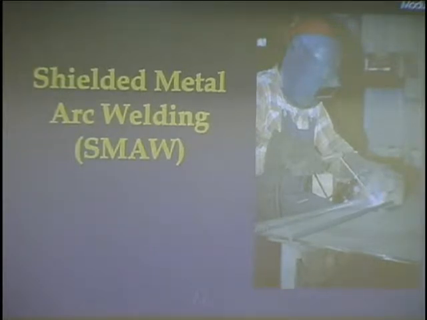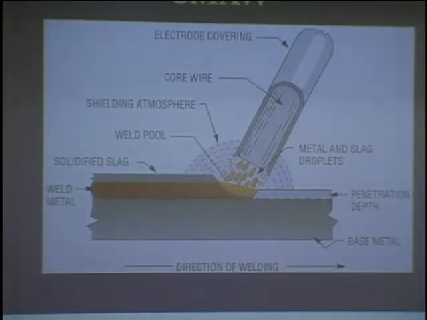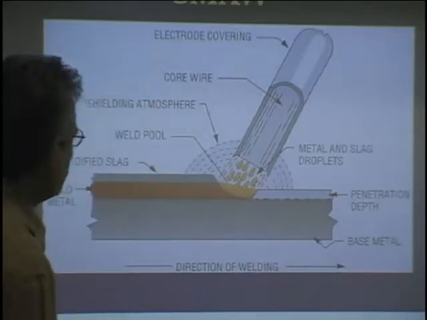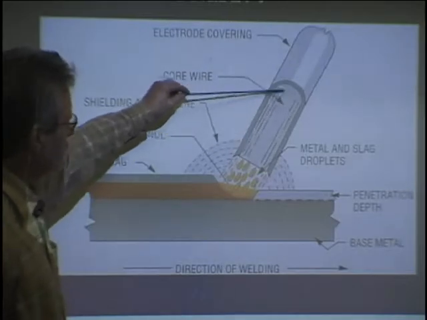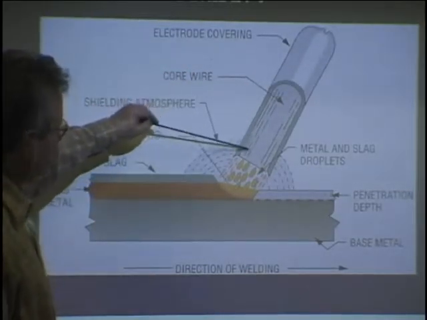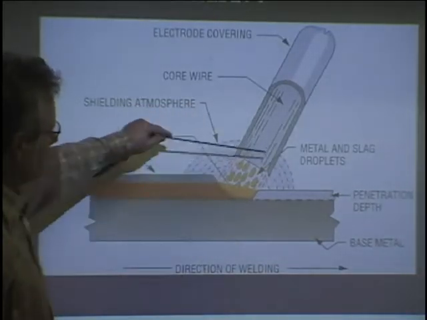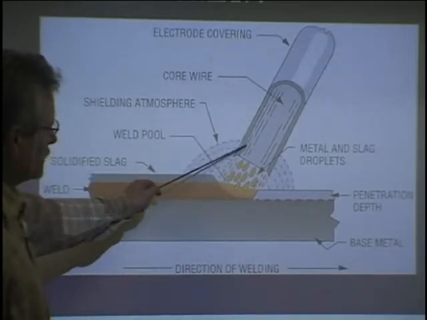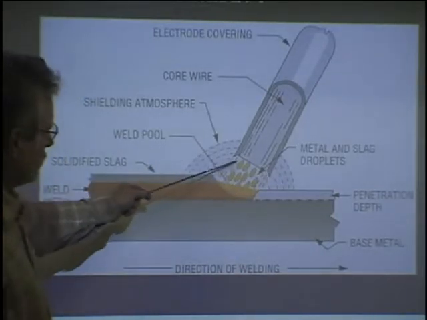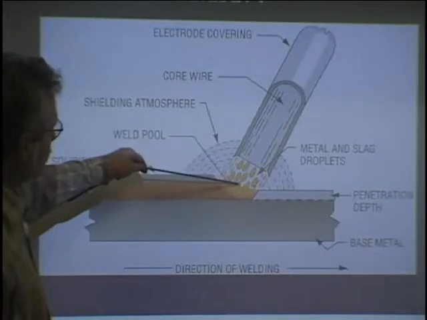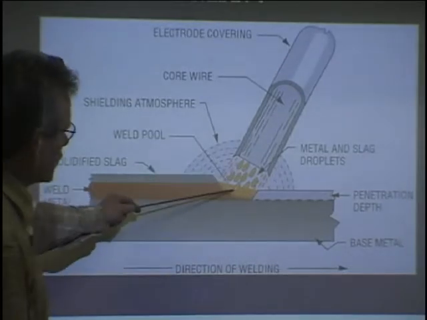Okay? And the reason it does, here's a picture of the shielded metal arc process. If you can imagine your 6010 welding electrode is here. This is a cutaway view of it. Here's the solid metal. As the electricity passes through, it melts it, and you have metal droplets and slag being transferred. So it's shielded because as this is broken down by the heat, it creates a little gaseous shield that protects the liquid metal. So it's a shielded metal arc. Metal, because there's metal in the welding process. So that's where it gets its name. It's shielded by the shielding gas. You have a metal arc transfer,